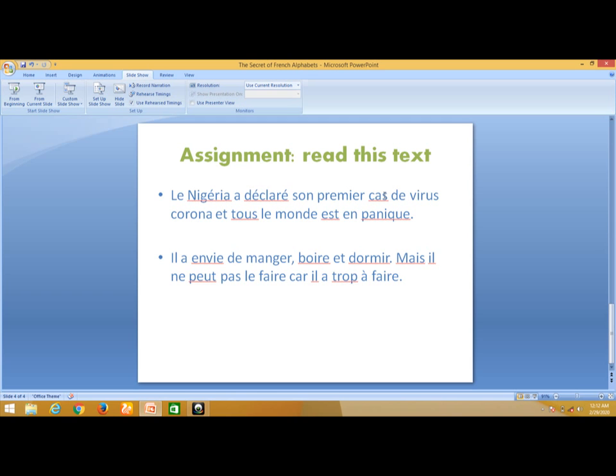And in French, we don't usually pronounce the last consonant. So this S, we are not going to pronounce it. This one will be read as K. So let me start again. Le, ni, je, ria, a, de, cla, ré, son, pré, mier, cas, de,